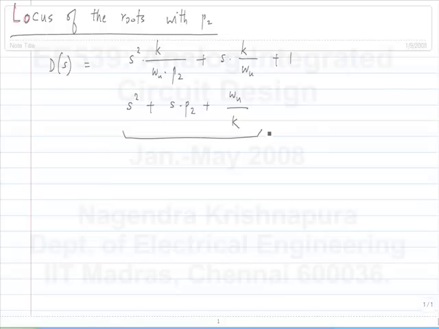Okay. Now, yesterday someone mentioned that the locus will be a straight line parallel to the imaginary axis. That happens if you plot the locus with k. That's also, in fact, what is frequently done in root locus problems in control systems. You vary the gain factor and plot the roots. In that case, the sum of roots is a constant, which means that the real part of the roots is a constant, whereas the product keeps on increasing. So the imaginary part keeps becoming larger and larger. Okay. So in this case, anyway, the roots are